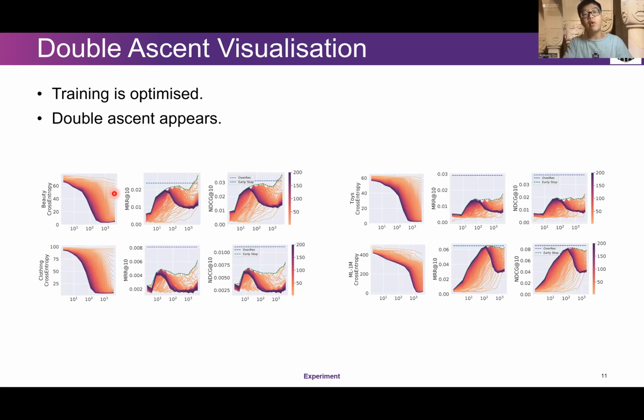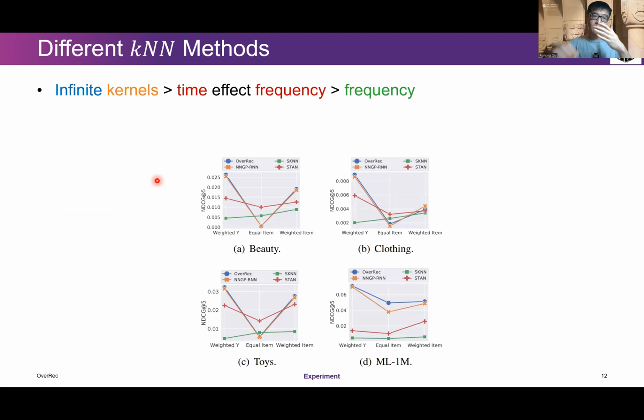But we can see that after training different size models, double ascent happens for all of these 4 data sets. And we can see that this purple dashed line is the performance of our overrec model. For different data sets, it can even reach the infinite width situation, or even have some higher performance than the very large model. So we can see that the overrec can actually correspond to this kind of neural network in the very large model size situation.